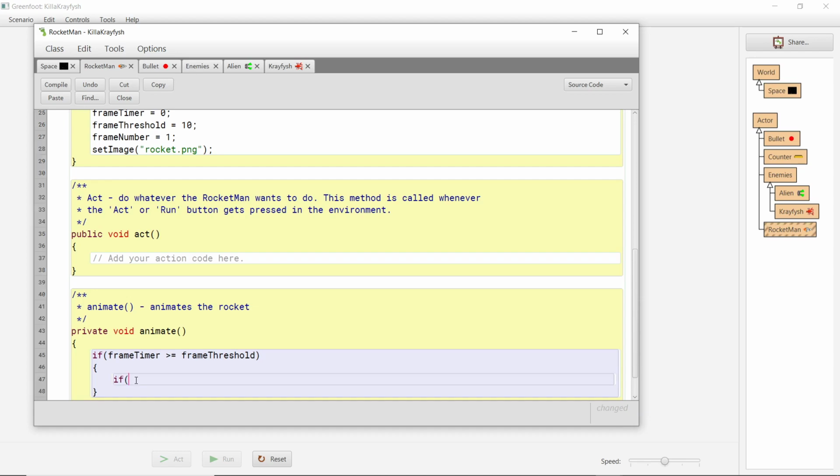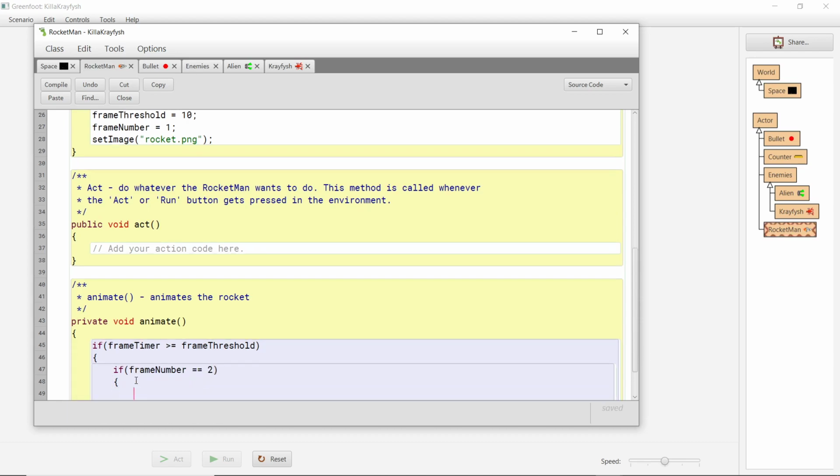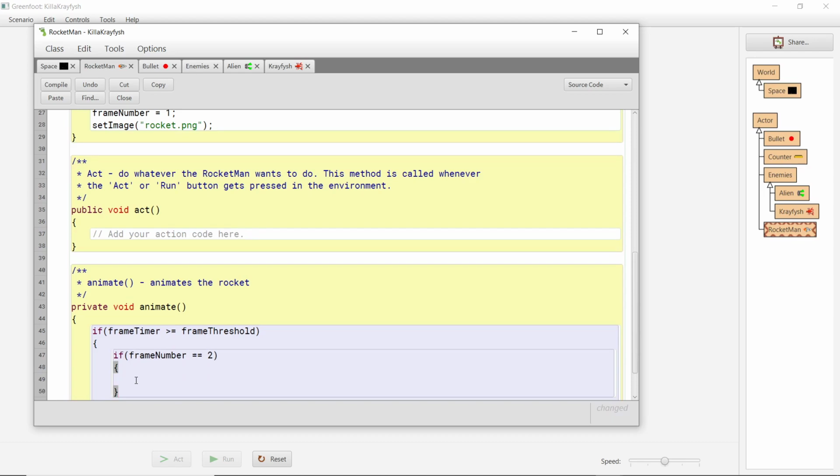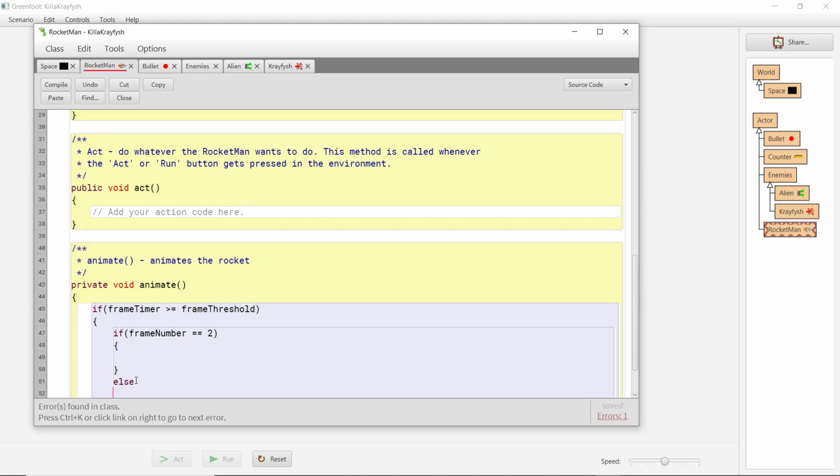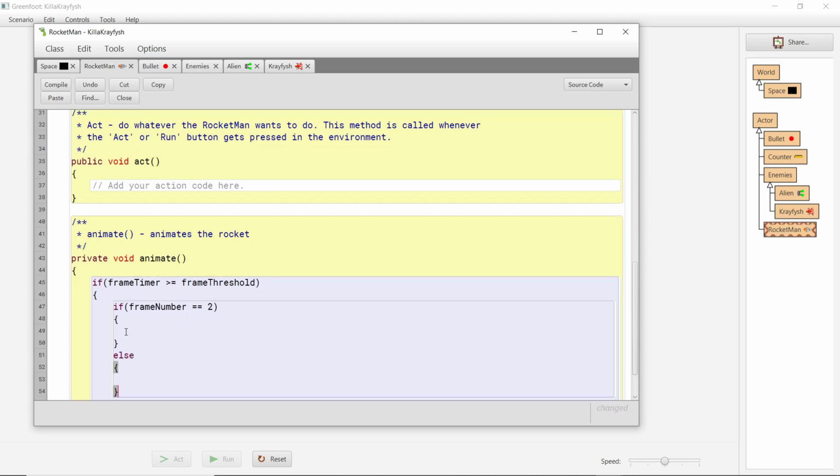So if the current frame number is 2, then we want to set the image to be rocket.png,